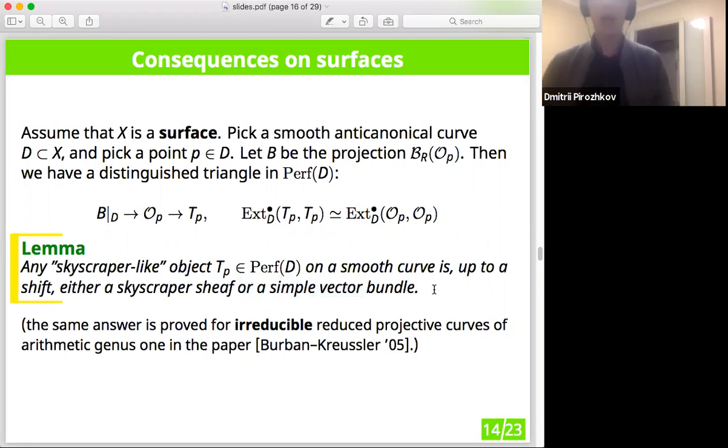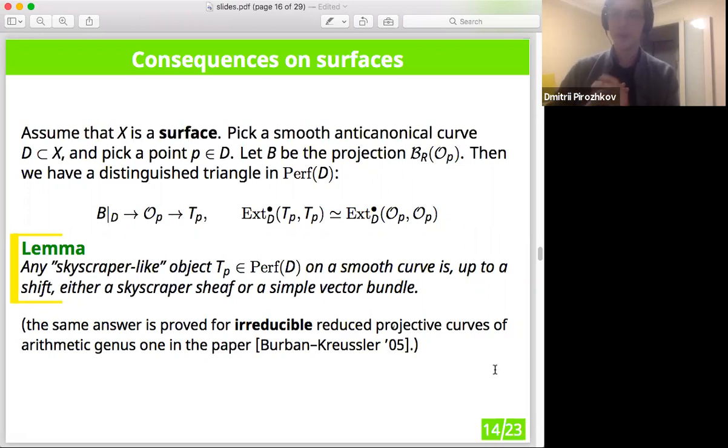In fact, for the case of del Pezzo surfaces, I'll need something stronger, which is kind of the same result, but for irreducible reduced curves instead of smooth curves. And it is harder, of course, but also no. Okay, so this lemma tells us that when we want to use the approach I've sketched, where we just apply